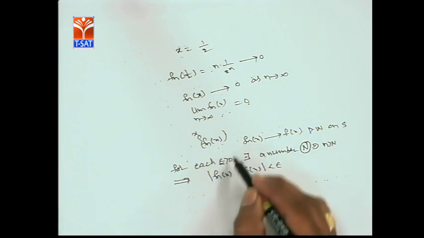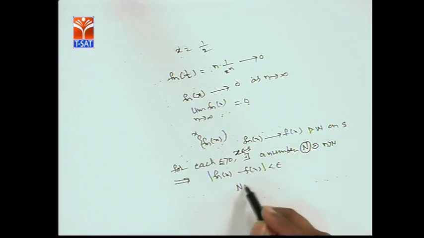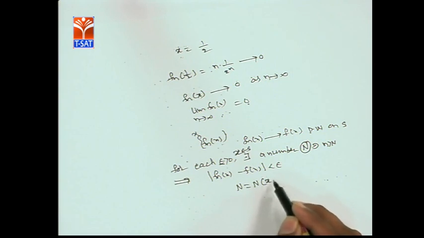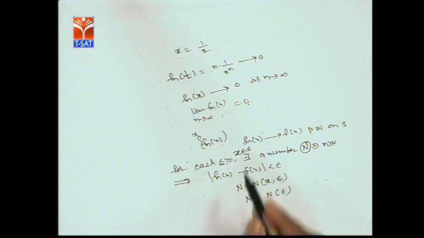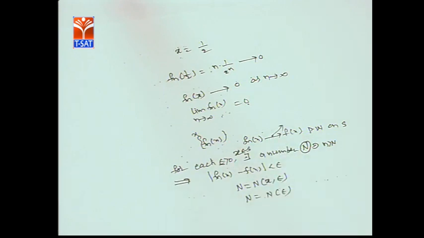What about x here? That means N depends on x and epsilon. Suppose N depends only on epsilon, then this convergence is said to be uniform convergence. That means